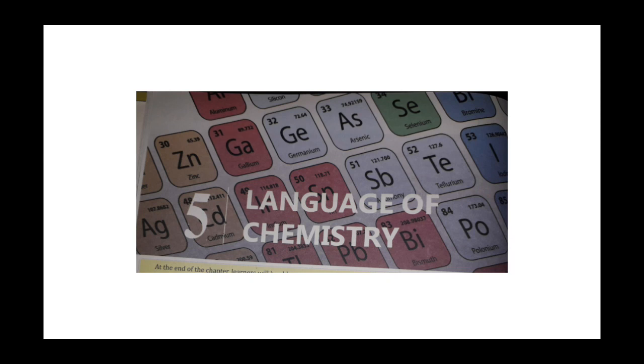Today I am going to explain the new chapter, that is language of chemistry. As we are already familiar with the symbol of the element and radical, in the previous class we have learned how to write the chemical formula of the compound and equation for chemical reaction. In this chapter we learn more about chemical formula and how to balance chemical equations.